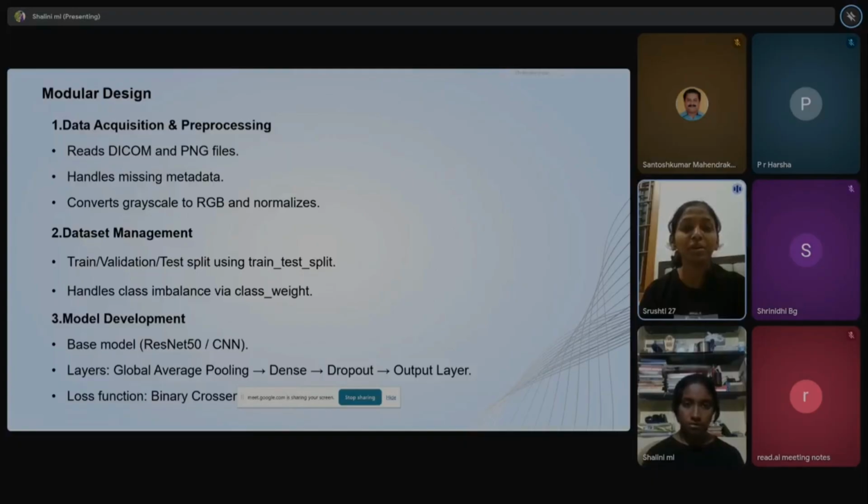And model development: we have a base model like ResNet50 and CNN layers. There are four layers: global average pooling, dense, dropout, and the output layer. The loss function is binary cross entropy, and the optimizer is